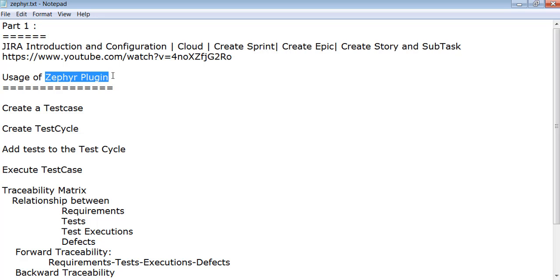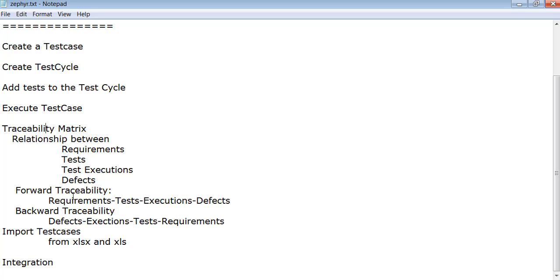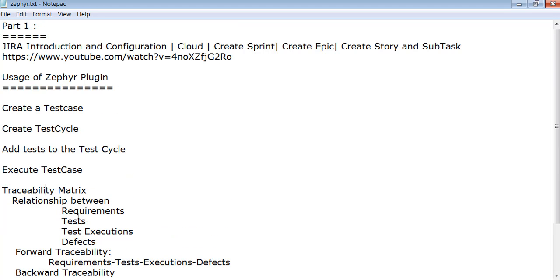We downloaded this plugin, but now we are going to see how to use it to create a test case, create a test cycle, add tests to the test cycle, execute the test cases, and raise defects if the test cases fail. We will also generate reports for traceability matrix like forward traceability and backward traceability, import test cases from XLS and XLSX, and cover the integration part where we can integrate our REST API, Cucumber, and Selenium test cases to Jira using this Zephyr plugin. So let's start now.